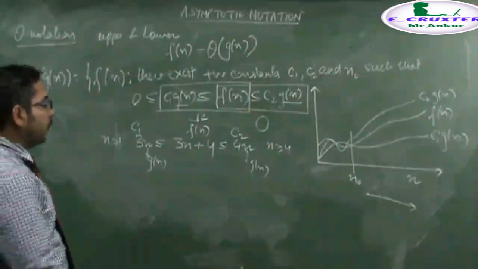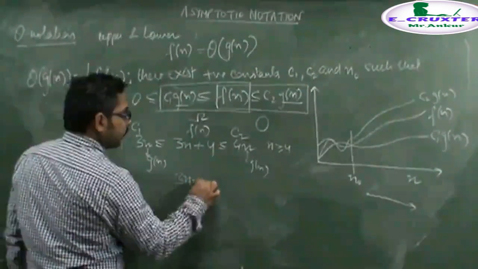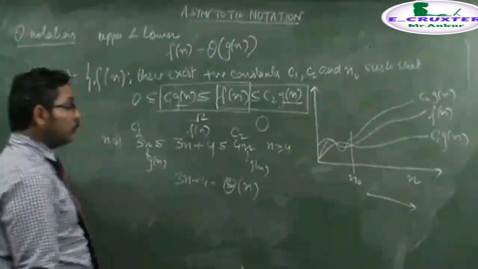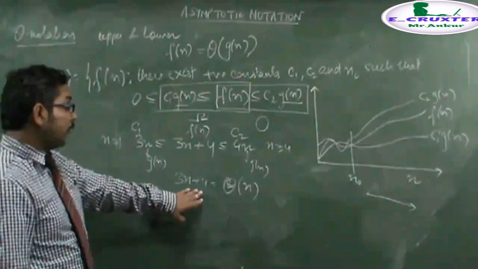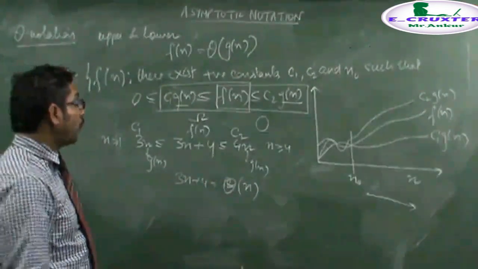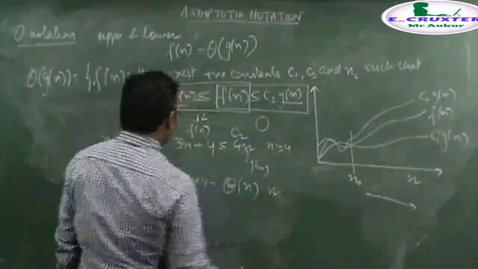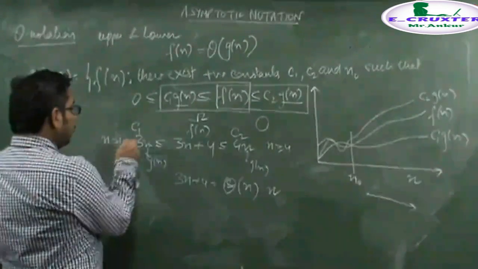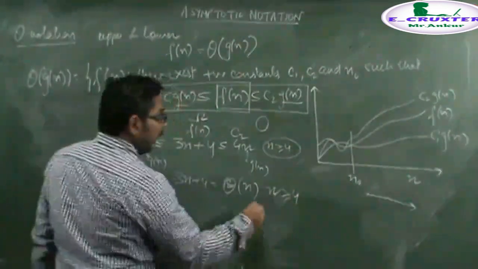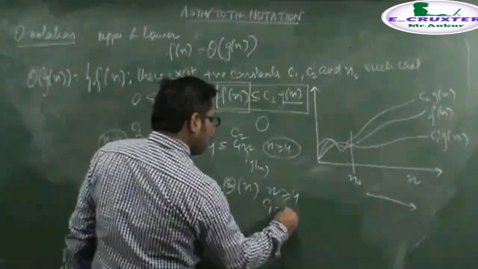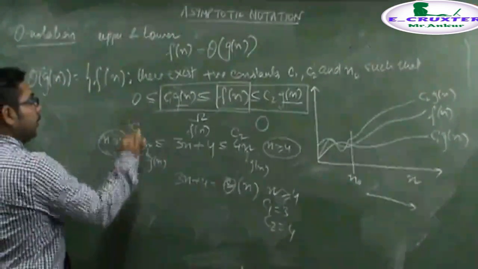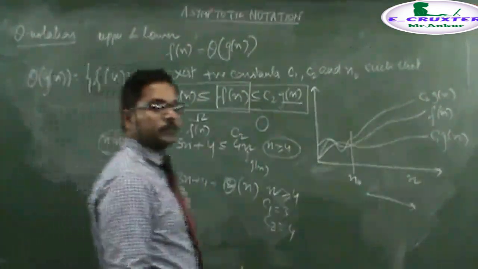Hence, you can notice that for 3n plus 4, if I denote it by theta of n, then you can say that for 3n plus 4, the linear function is acting as an upper and lower bound. For all input, here it is 1 and here it is 1, then we take the maximum value, greater than or equal to 4, with constant C1 equal to 3 and constant C2 equal to 4. Hence we say that this is satisfying this equation.